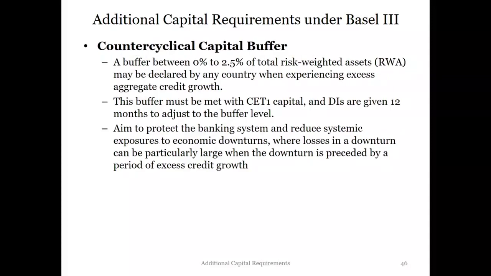Another buffer is the counter-cyclical capital buffer. From the name, counter-cyclical, right? This kind of buffer is usually announced by the regulator when we are at the peak of the business cycle. So when the regulator believes we're having bubbles and we need to slow down the economy, we should ask banks to keep more capital. In terms of how we impose the buffer, it works in exactly the same way as the capital conservation buffer. So it will be an additional buffer ranging from 0 to 2.5%.